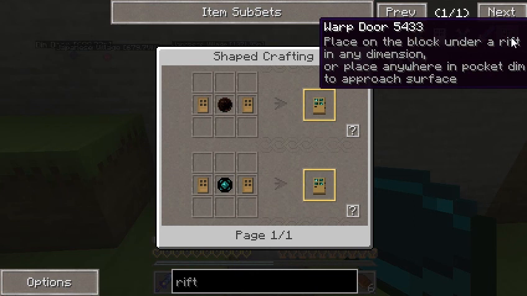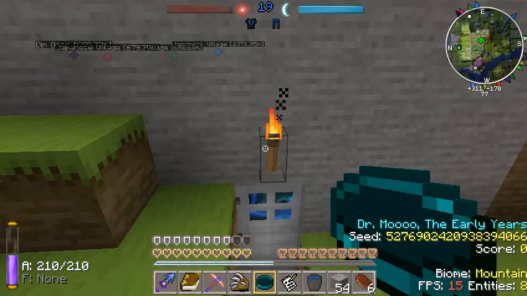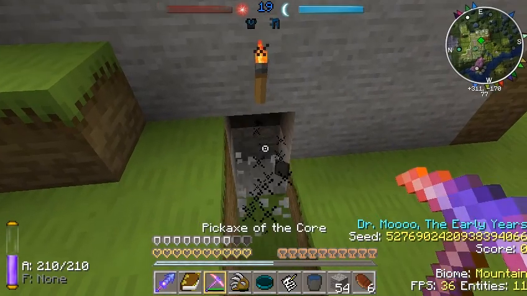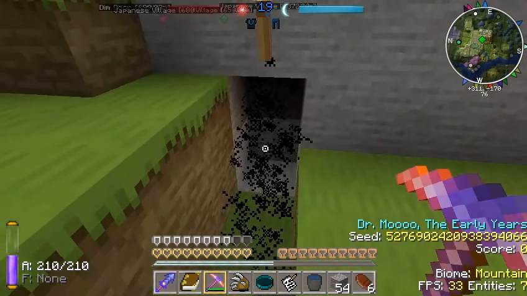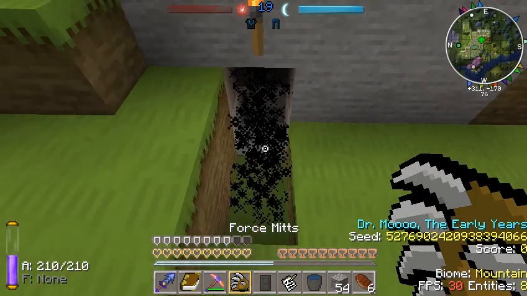Place a block. Pocket down. Place a block under a rift to activate that rift. Place anywhere else. Well, we'll try it again here. We'll head back up to the top. See, there's definitely a rift there. And if we put this...